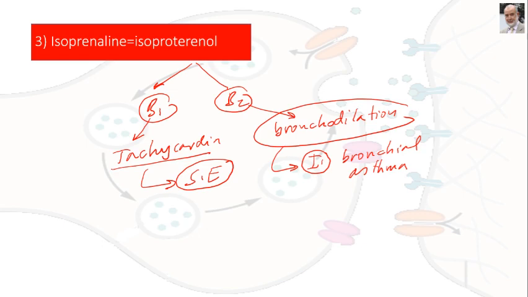So isoprenaline is very rarely used in bronchial asthma, and it can still produce tachycardia as a side effect because of its action on beta-1 receptors. Very last,